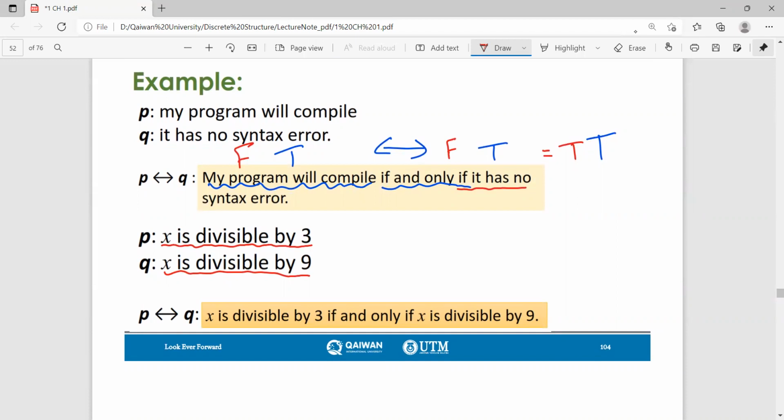We say x is divisible by 3, x is divisible by 9. That means if we combine them by this operator, by the biconditional, we say p if and only if q. That means you get x is divisible by 3 if and only if x is divisible by 9. Of course, if a number is divisible by 9, it's divisible by 3 also, and conversely also, except 3,